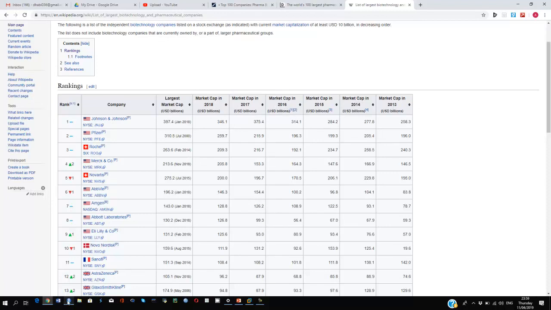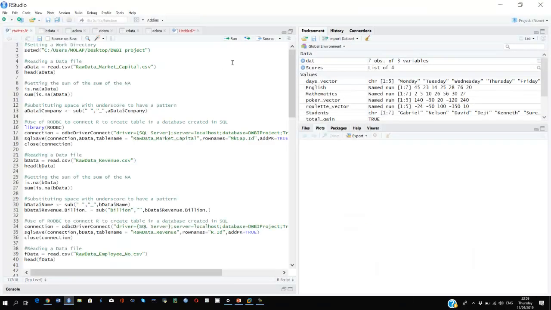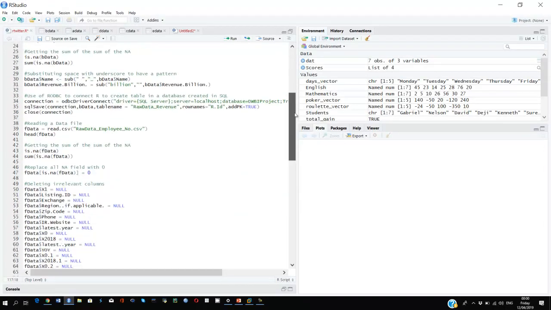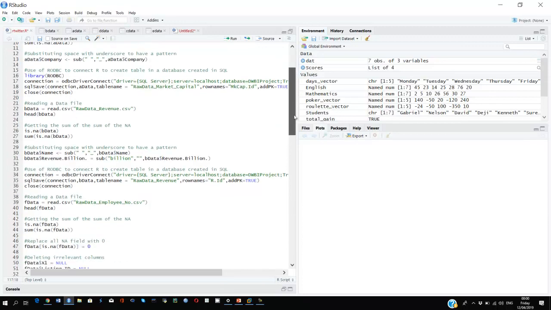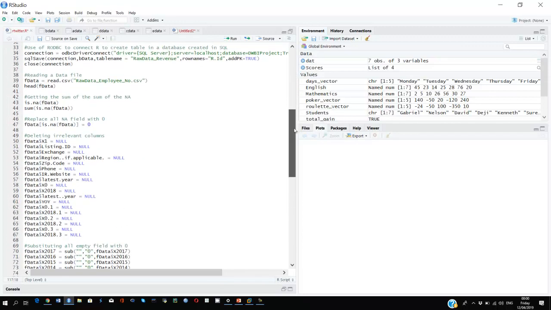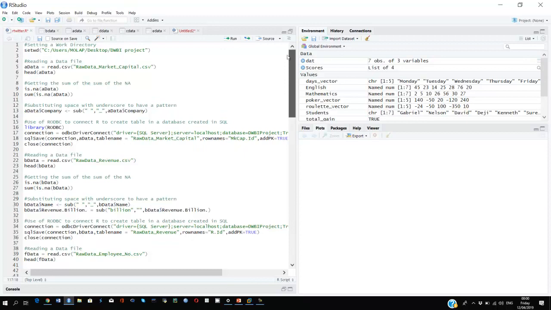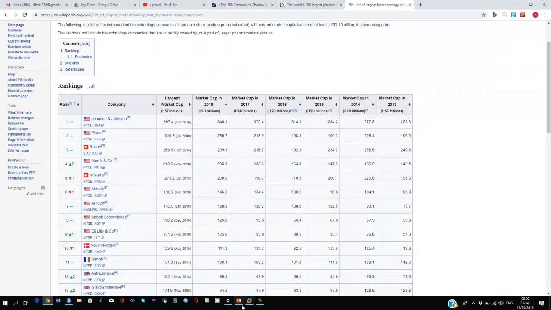Now, this is my R code, the R code I use for doing my ETL process. So I loaded the data from their source to the R panel in R Studio, which I cleaned with the following code and did transformation to, and was loaded to SQL Server directly with the use of R codes. Now I'll move to my